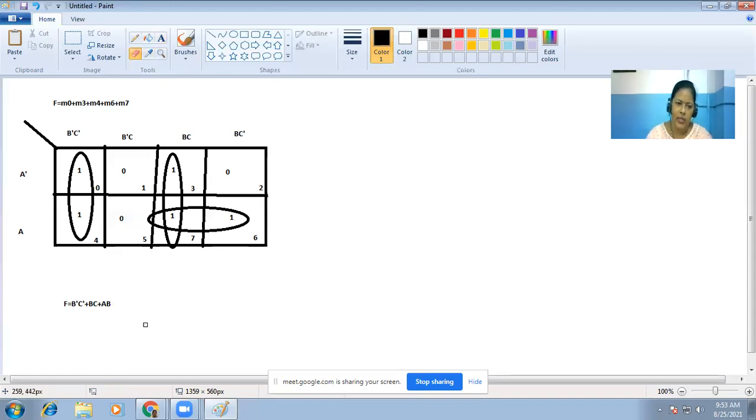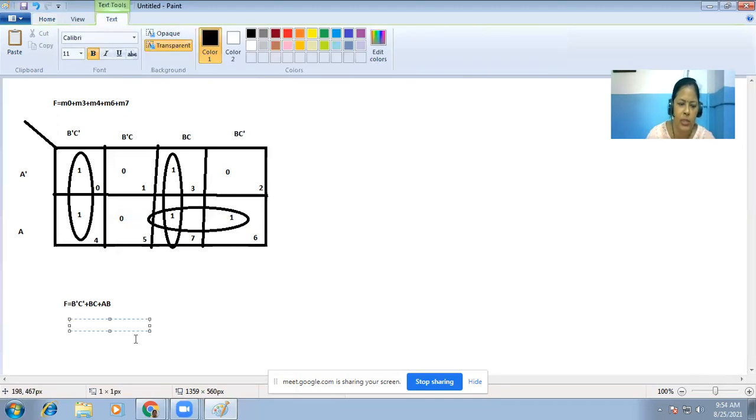For us, yes, that is also right. Just now he has pointed out that instead of this loop, if we have taken another loop, considering this one corresponding to 6 and considering this one corresponding to 4, then what will be your expression?